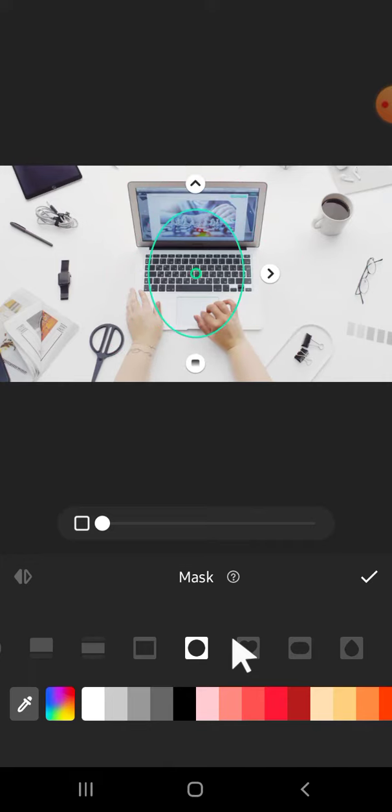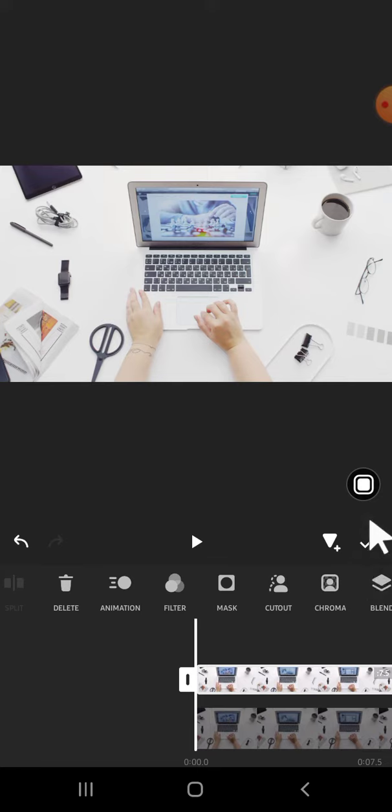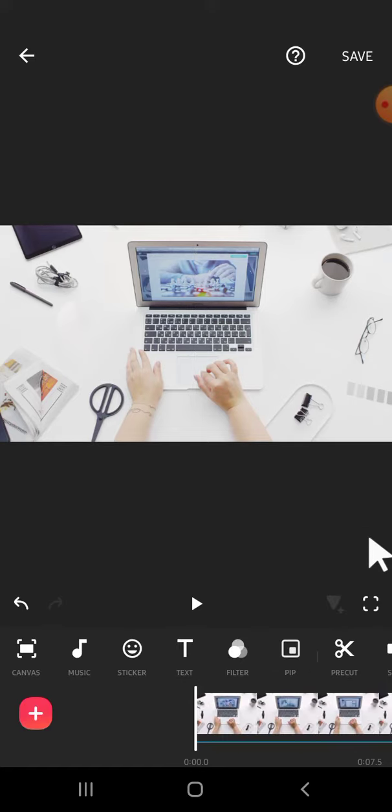Just take another part of the video to cover the watch. So I'm going to take this part and just click on this check mark, and then we're going to drag the clip like this until it's fully covered. Okay, and after you're done, you just need to click on this check mark button,